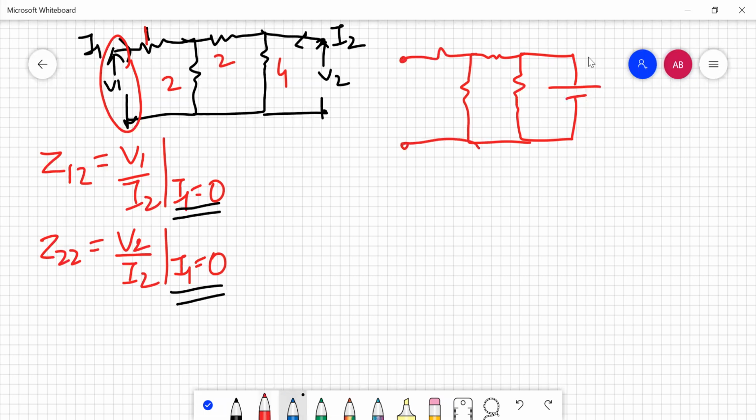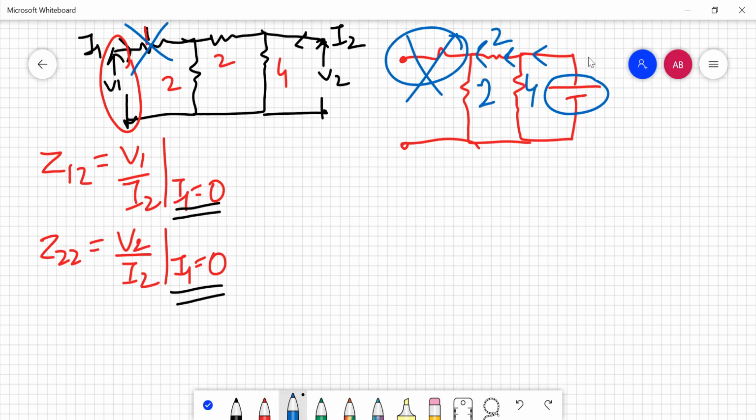So can you think that the current from this voltage source can go towards these open terminals? No, it will not go. So we are going to neglect this, and we have to take the values of 2, 2 and 4 over here only. So we are going to skip our 1 ohm resistor because no current will flow from our V2 voltage source towards that side. Right, so now let's find out the value of V2 first.